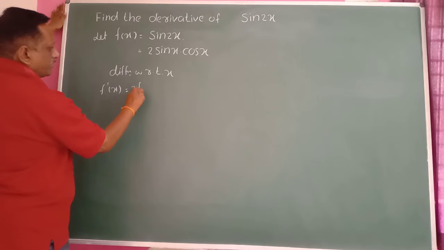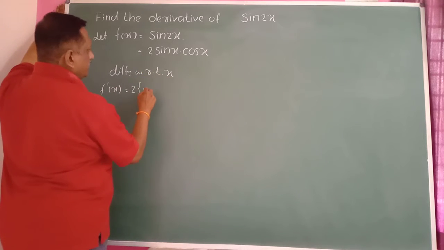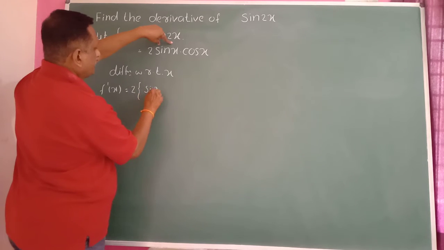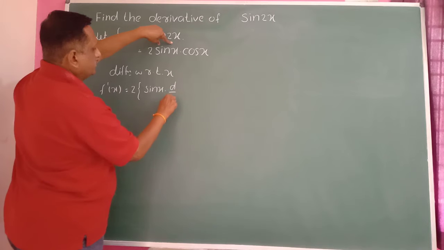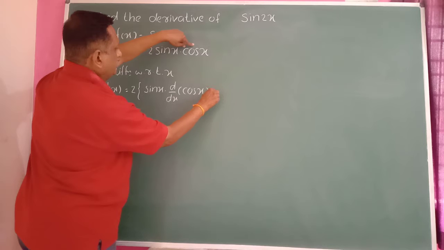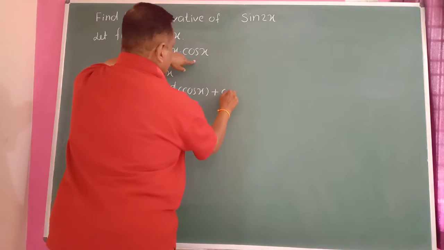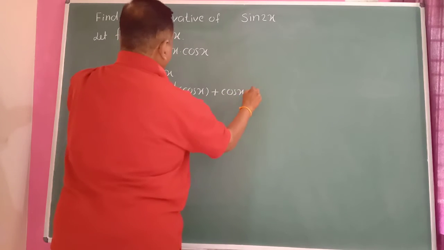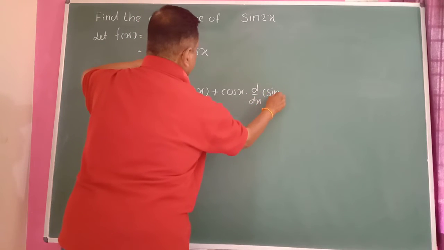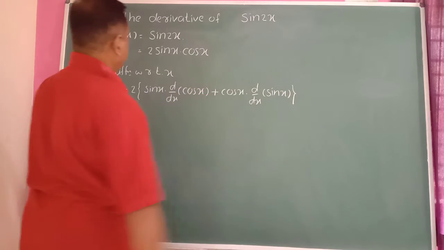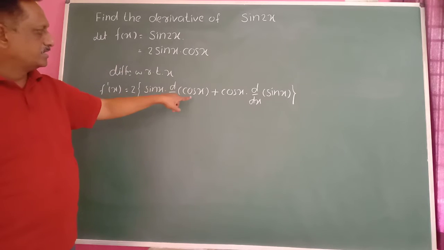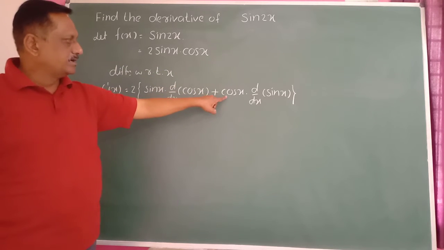2 into the differentiation of this term here. Use the product formula. First function is sin x into differentiation of the second function cos x, then plus the second function cos x as it is into differentiation of the first function sin x, bracket complete. Two is constant. First function sin x, differentiation of second function cos x, plus cos x as it is,